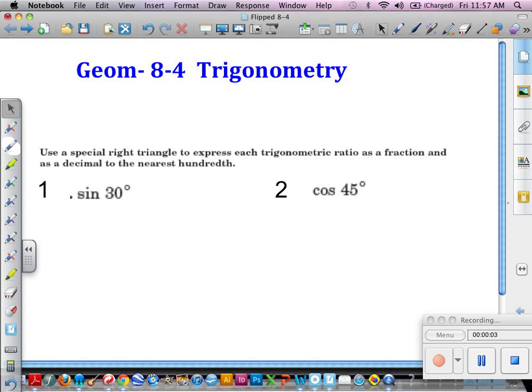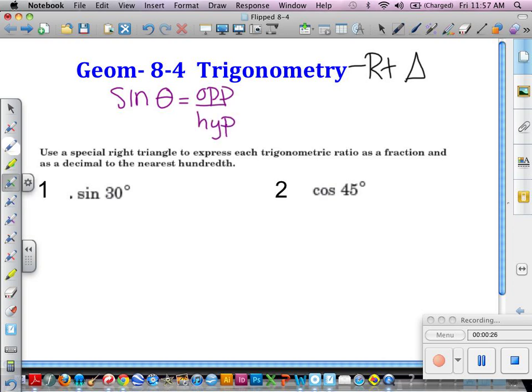Hello, geometry students. Today during class, we talked about the trigonometric functions for a right triangle. And we learned sine of an angle is equal to the side opposite over the hypotenuse. We learned cosine of an angle is equal to the side adjacent over